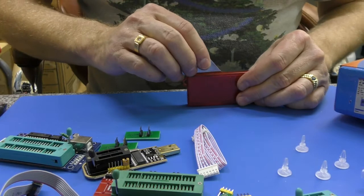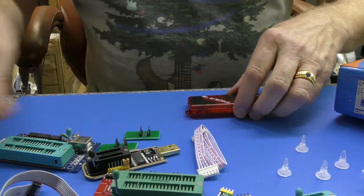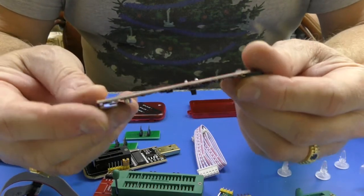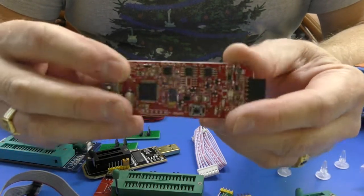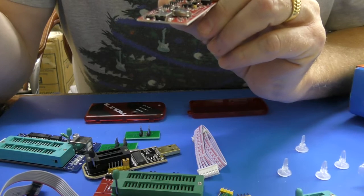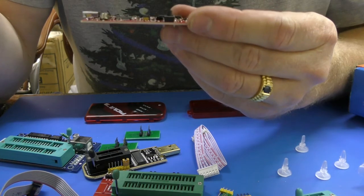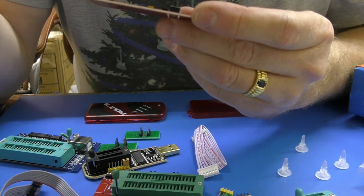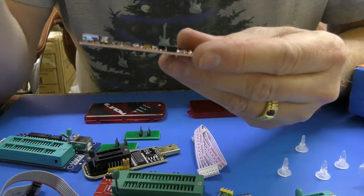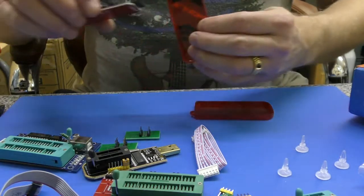I'm not going to tell you what it's in. Some of you on the forum will know, but other than that, we're keeping it all quiet at the moment. Let's pop this open, have a look. Right, there we go. As I say, Chinese copy. That's a PIC24FJ256 fitted. It looks very nicely made. Yeah, interesting. Okay, so that's what we've got, and we will be